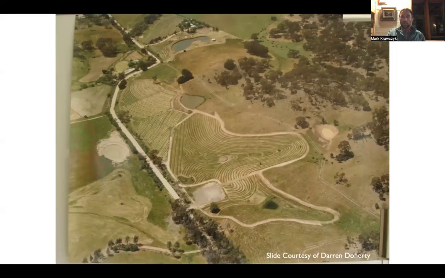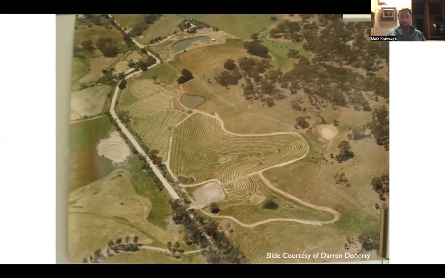Just another example of some of Darren Doherty's work from probably a couple decades ago, but we see in this case an access road that's also serving as water catchment and diversion, feeding this upper pond. We've got keyline layout,